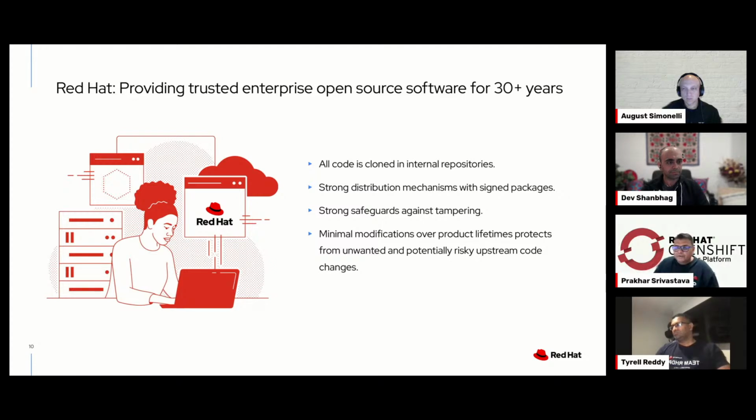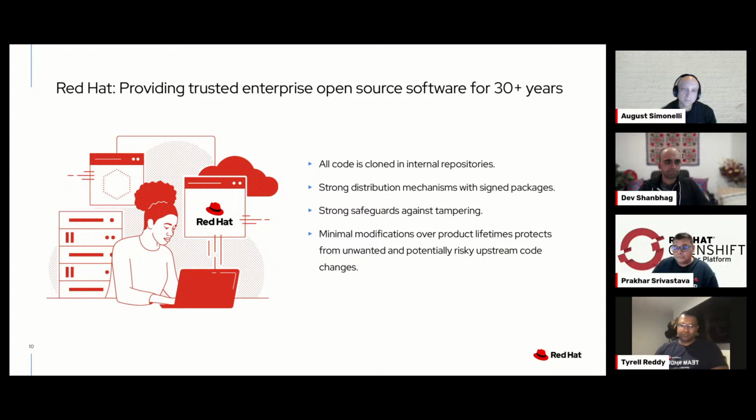Now everybody knows that we have Red Hat package managers, which is RPMs, which we are distributing to our customers using Red Hat CDN, Content Distribution Network. How do we ensure that those packages, when they reach our customers, are coming from a trusted source? We sign those RPM packages with GPG keys, and we provide the GPG keys to our customers. So before they install those packages, they verify them with our GPG signatures.